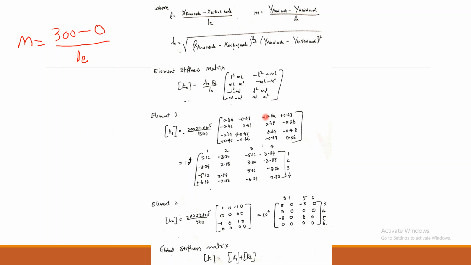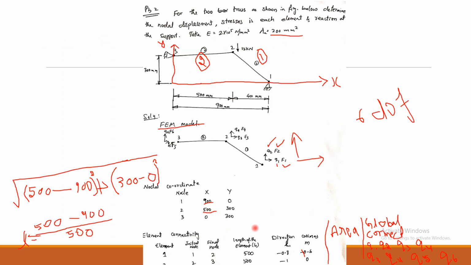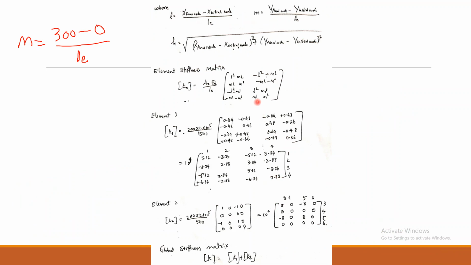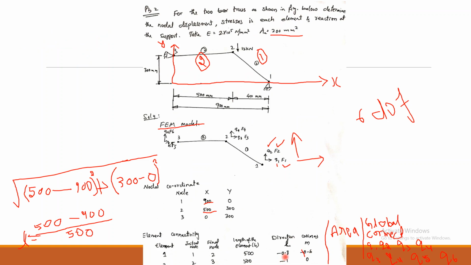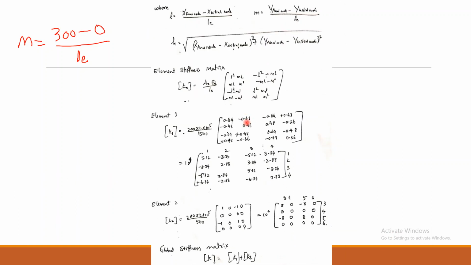and you need to calculate similar things. L square, that is minus 0.8 square, M into L, that is M is plus 0.6 multiplied by minus 0.8. Okay, like that it becomes minus 0.48. Okay, so like that you have to calculate each value. Okay, once this table is finished, the next thing is you simplify these numbers also. Once you simplify these numbers, take a common power, let's go for 10 raised to 4, and multiply the numbers into the matrix. Okay, so if I do that, then it becomes the matrix of this type.